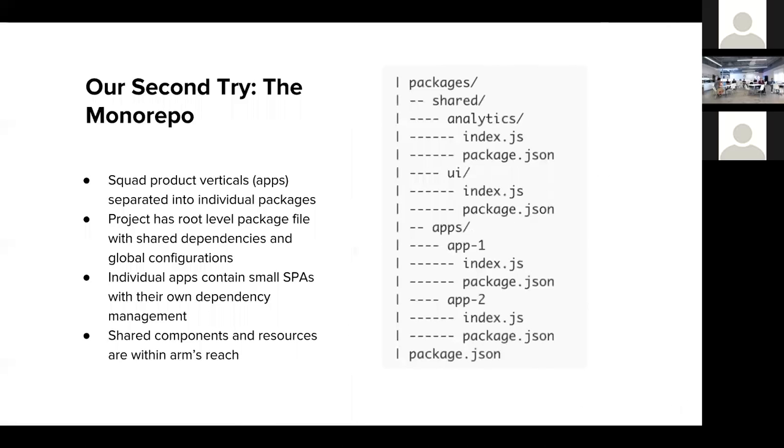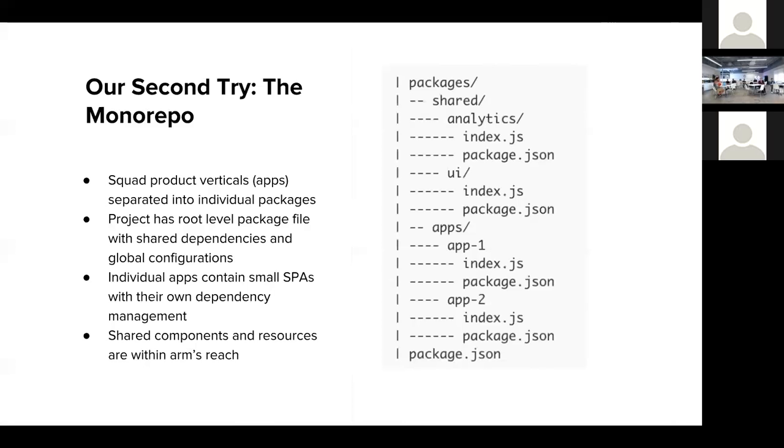The squad product verticals, or the apps, are separated into individual packages. The project has a root level package file with shared dependencies and global configurations, and then the individual apps all have their own package files as well, so they function as standalone single page applications. There are shared components and resources within arm's reach. So over here we have